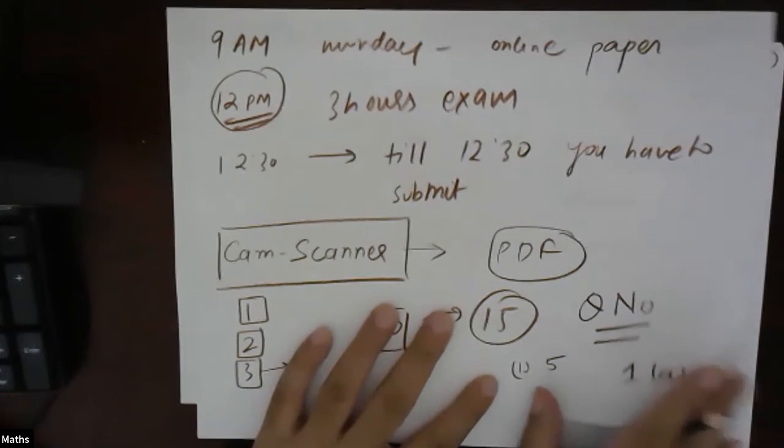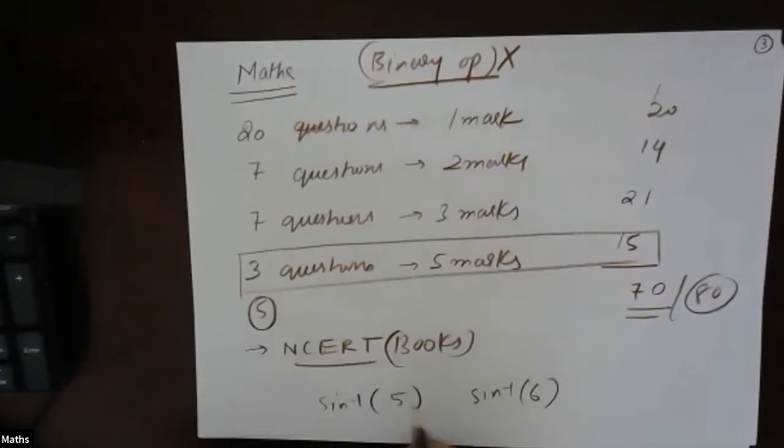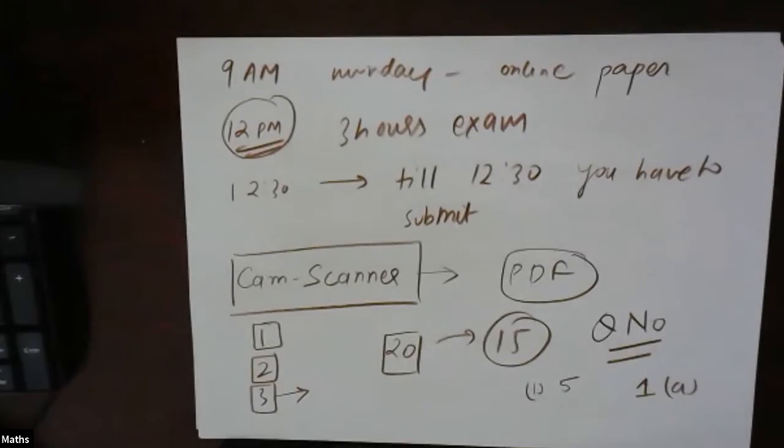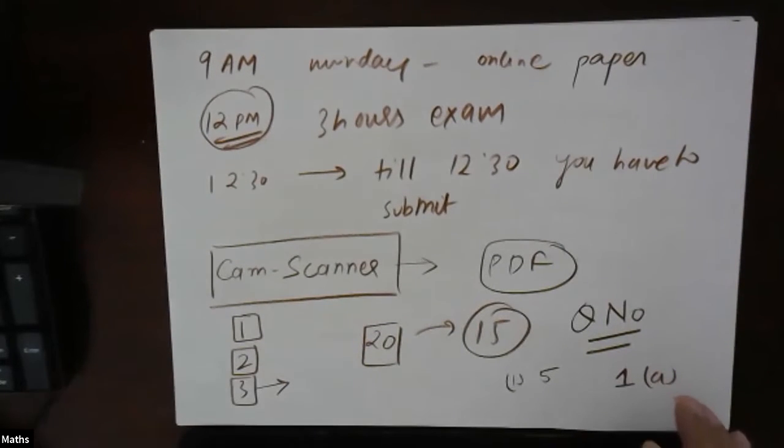Understood? Please just keep pages according to the question number. That will be convenient for all of us, because this is the first time we are having this kind of an exam. The correction will be done and returned on the same portal. The portal will also be mentioned. We will give you the checked copies along with your marks. MCQs are 20 marks.